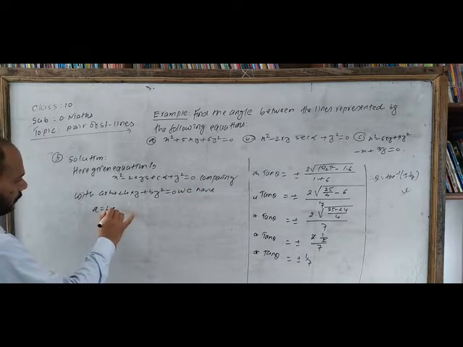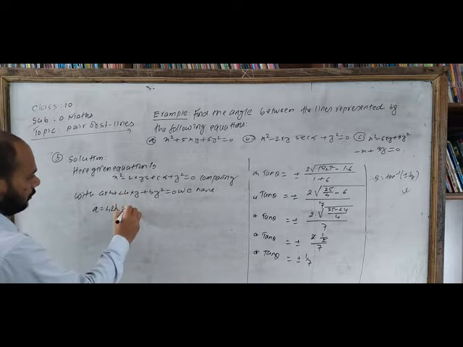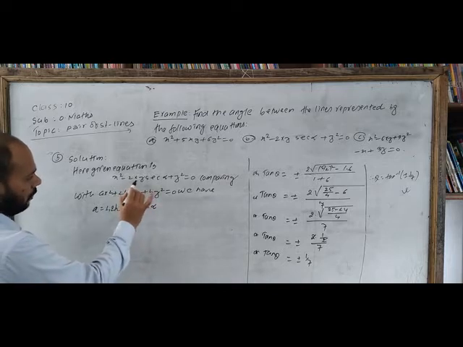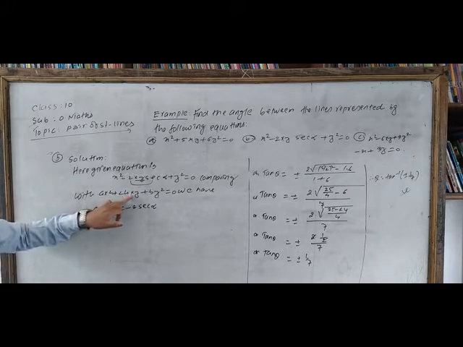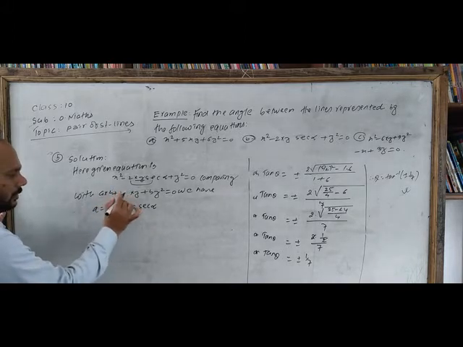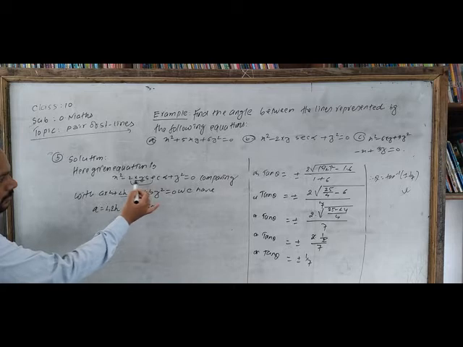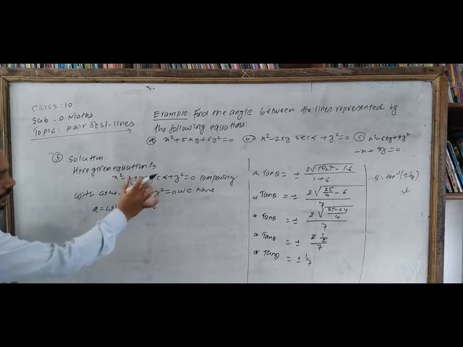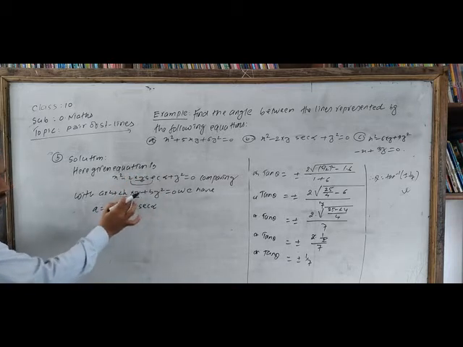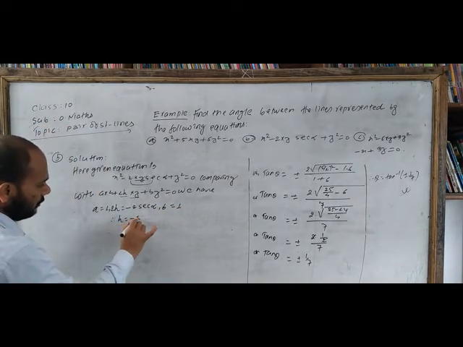We have a is equal to 1. Now look here, we directly write 2h is equal to minus 2 sec alpha, because the coefficient of xy here is minus 2 sec alpha, and in the standard form the coefficient of xy is 2h. Everything except xy is the coefficient of xy. And here we have b is equal to 1. So from here h is equal to minus sec alpha.